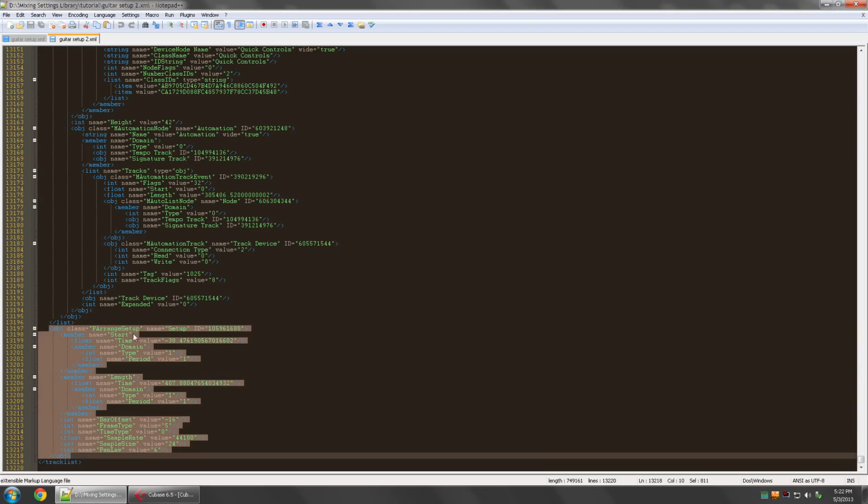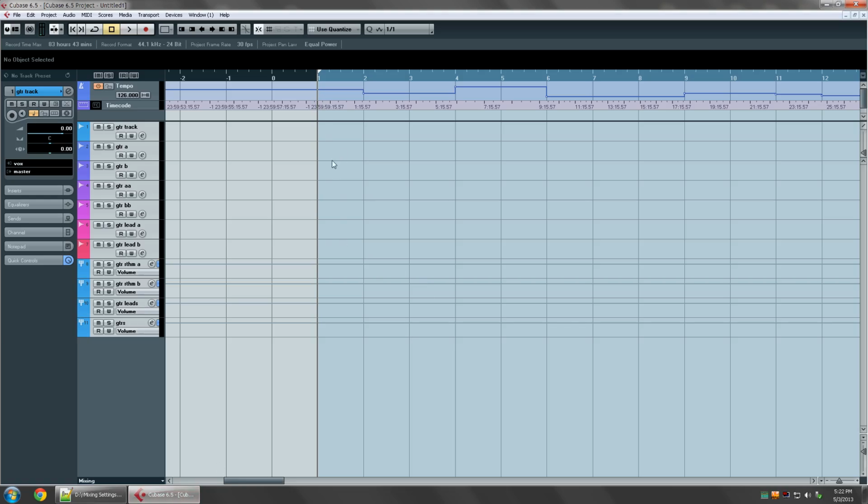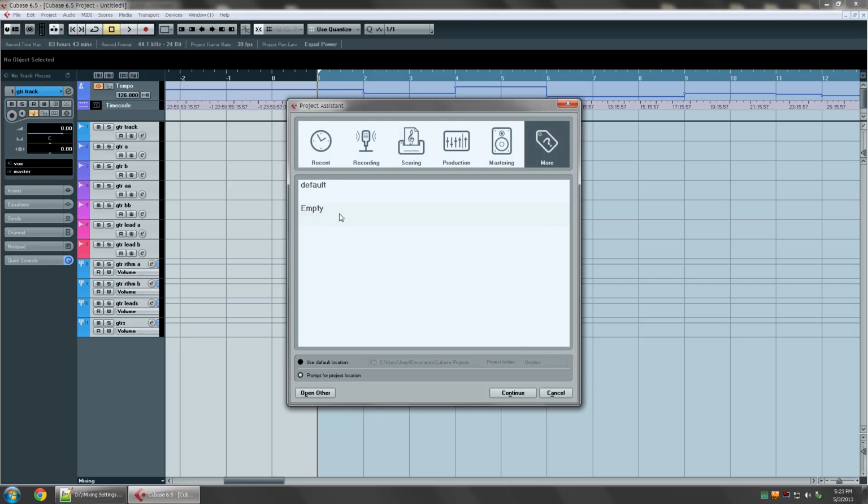Now you'll notice that we have a float name time value, and you'll see that that number is actually different on the 2 times that I exported the selected tracks. The reason why you should care about this is Cubase remembers this number. Now let's say you have another project where you're going to import this template. Let's just do a new project, empty,